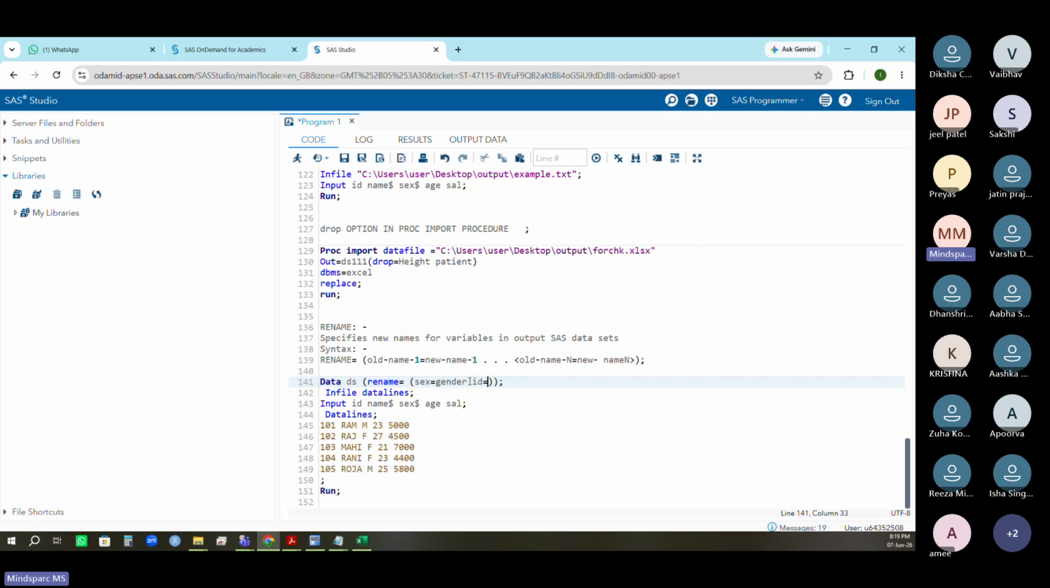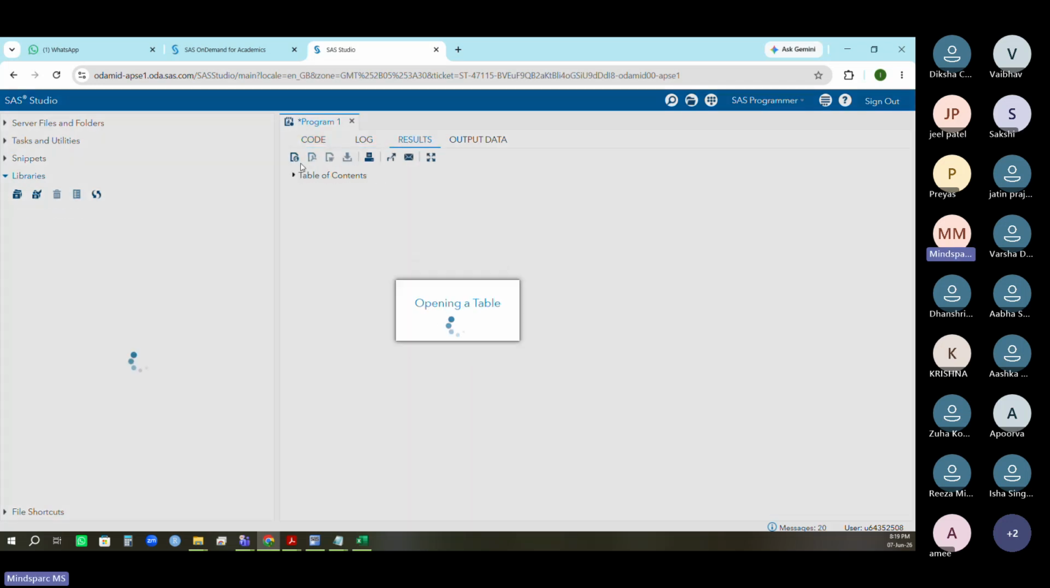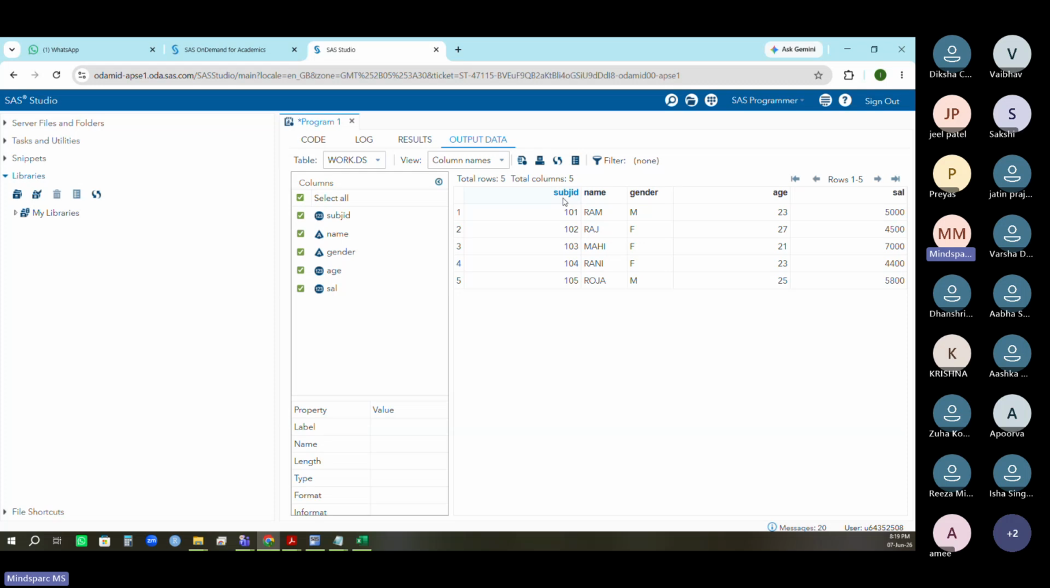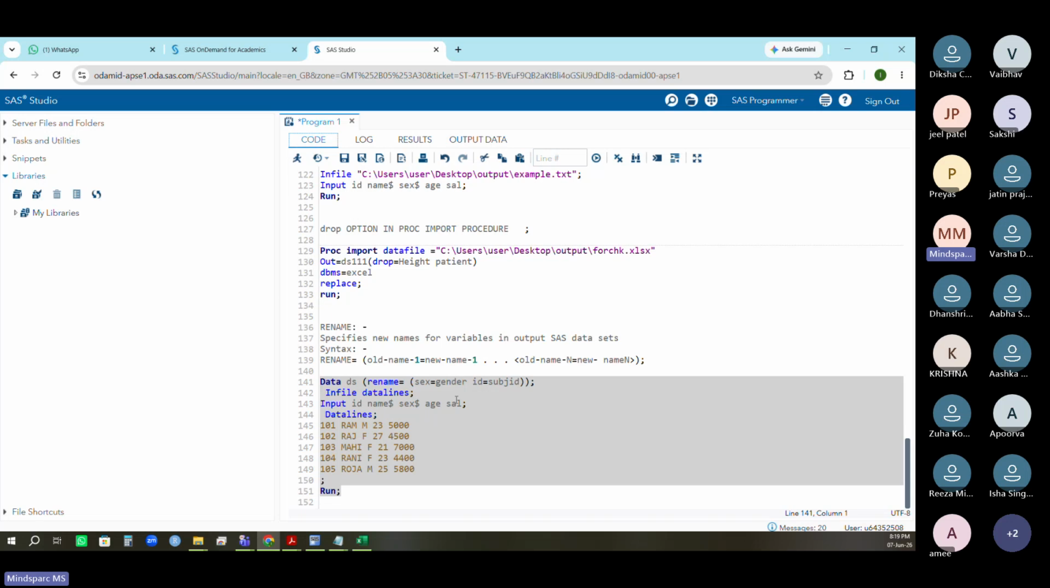ID equal to subject ID. So we will run the code, we will see the output. See, subject ID. Instead of the ID, what we are getting? We are getting the subject ID. So what you need to do? You need to rename